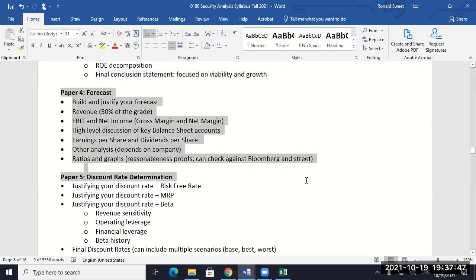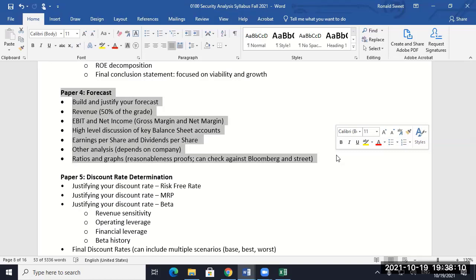And then the forecast, we're getting to the point of semester where students are starting to say, man, I'm getting a little behind. So I would recommend make sure you get papers 2 and 3 done. And if you're a little late on paper 4, that's not a disaster, because 5 and 6 are not as difficult as the earlier papers. Get 2 and 3 turned in.